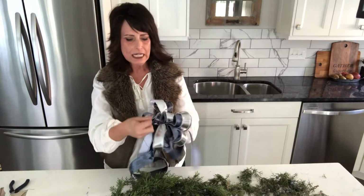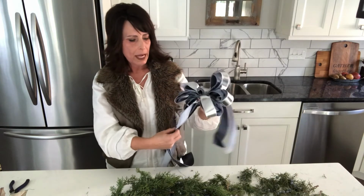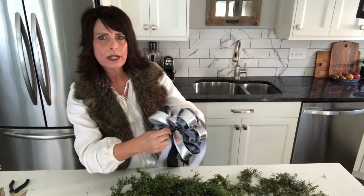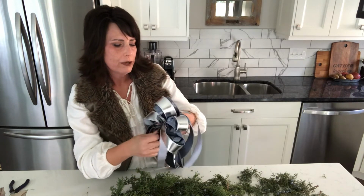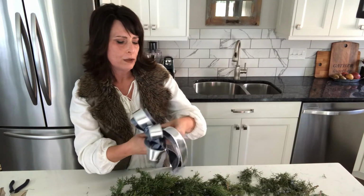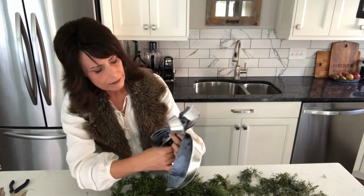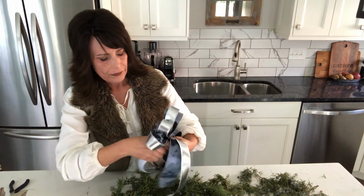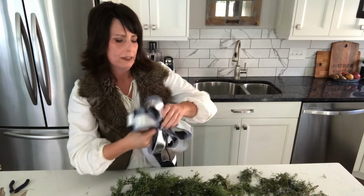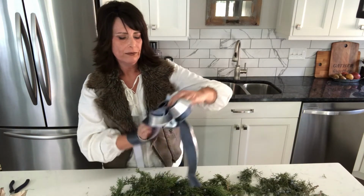Okay, so we've got our loops made. I've got 3 on each side. I've got my center loop for the bow, and then my streamers coming down. So I'm going to pick up my wire now, and it's going to go through the center where my front loop is, and then I'm just going to grab the wire, pull it to the back side, and then I'm going to just twist that together to secure it. So I will just spin the ribbon holding the wires still. Okay,